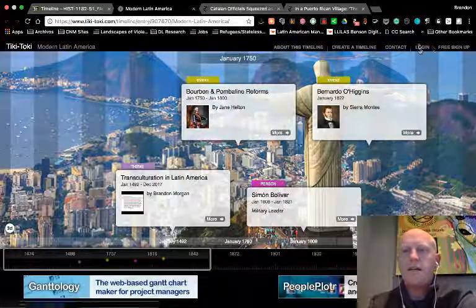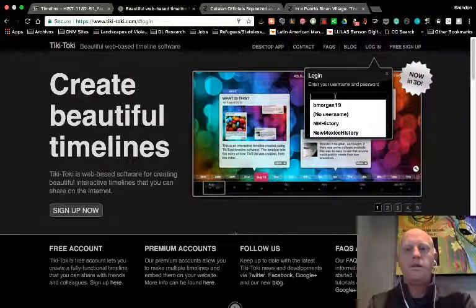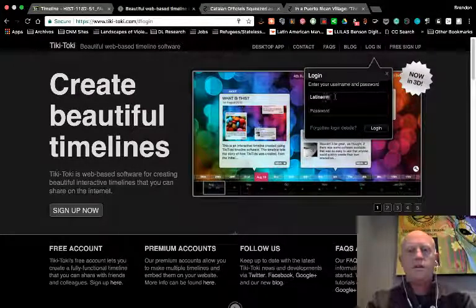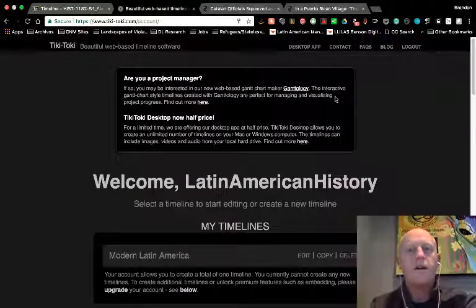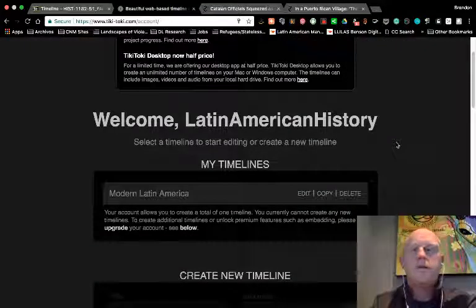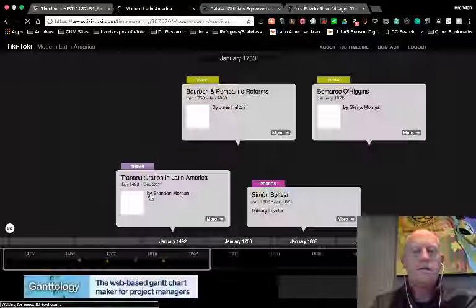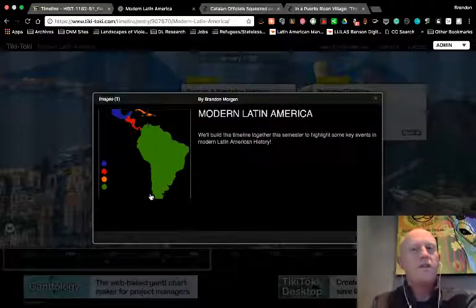Remember that you need to click login once you go to the timeline, and then from here you use the credentials that are provided in the timeline assignment document. Once you get to this point, scroll down just a touch. You don't need to create your own timeline. You don't need to try to add another timeline to the account. You just need to click here on Modern Latin America, and then you'll see what you saw before, except this